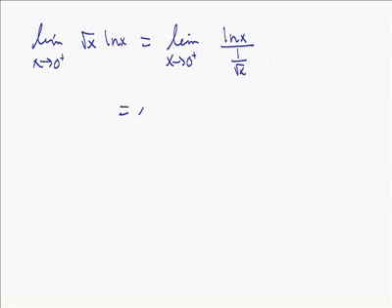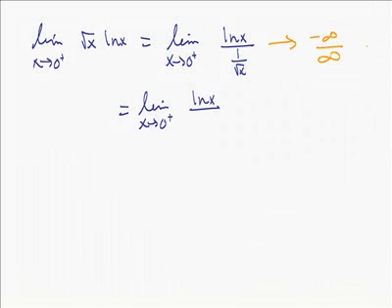And so this is equal to the limit as x approaches 0 from the right of the natural log of x. And of course, what does this tend towards? This goes to an indeterminate form. This is a negative infinity over, this is heading to 0, so the denominator is heading towards infinity. So it's an indeterminate form, so we can use L'Hopital's rule. Right now I'm just going to rewrite my denominator as, let's see, 1 over x to the 1/2 is x to the negative 1/2. Now, by L'Hopital's rule, this is equal to the limit as x approaches 0 from the